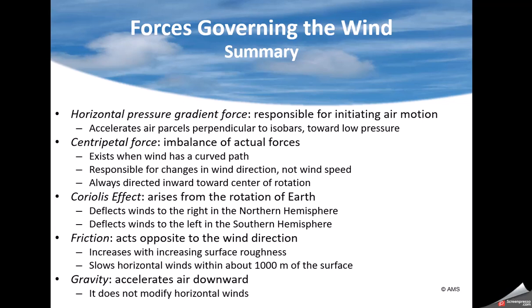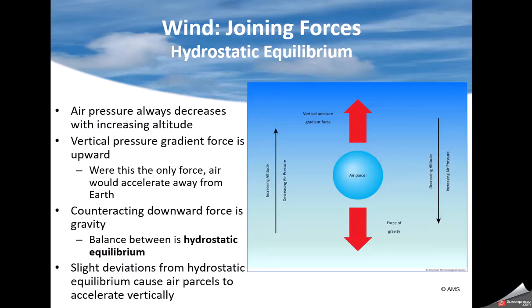So now we've got all these wonderful forces working. So let's just look at a little tiny air bubble, an air parcel of air. I don't care what kinds you call it. If I know I have a vertical pressure gradient, and we know we do, we've talked about it, the pressure decreases significantly with height. Matter of fact, the strongest pressure gradients on Earth are in the vertical. So with that, why the heck is our atmosphere still here? Our atmosphere is still here because of gravity. Gravity is pulling those air parcels down.